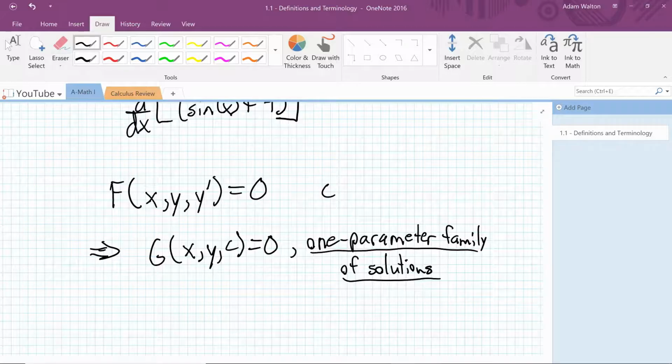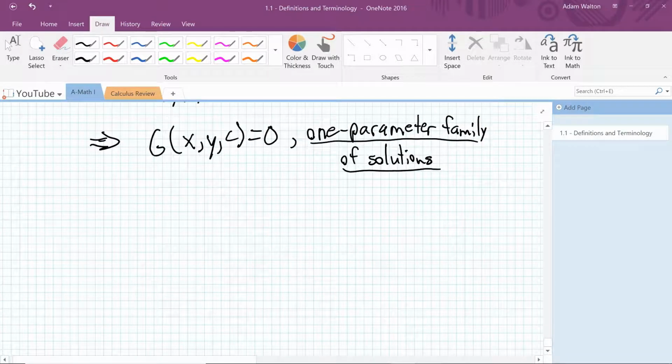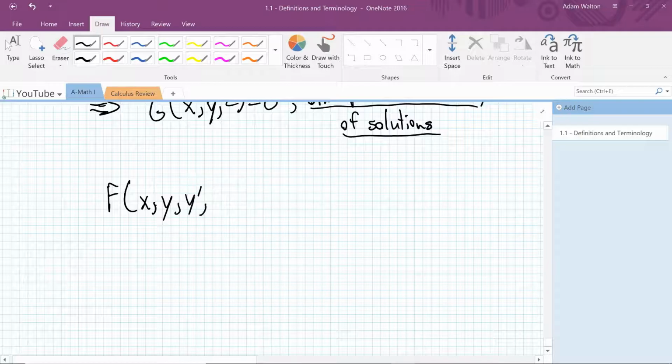So when solving, again, this was for a first order differential equation. Now when solving an nth order differential equation of the form f of x, y, y prime, all the way to our highest derivative, y to the n equals 0,